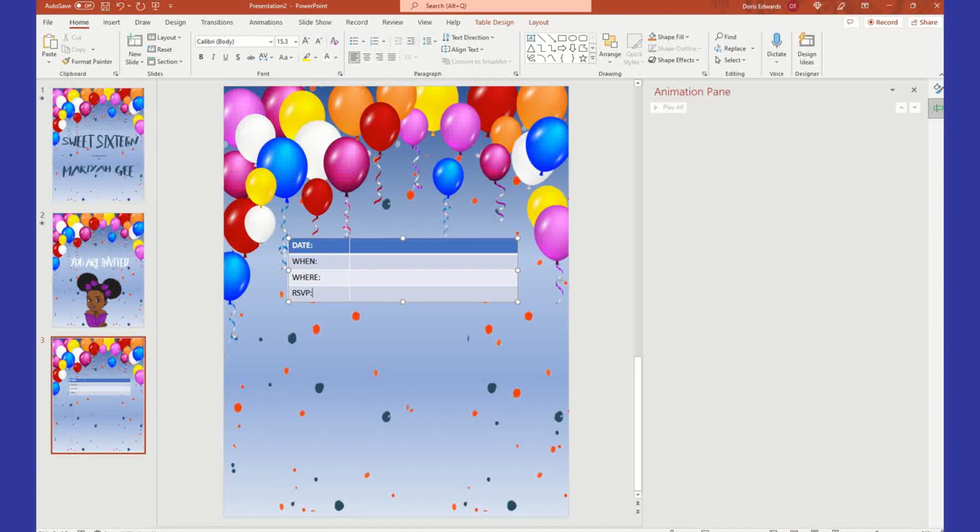Now you can put whatever you so choose. I'm gonna make my font a little bit funky. So I'm not gonna be using this Calibri. I'm gonna go and use,